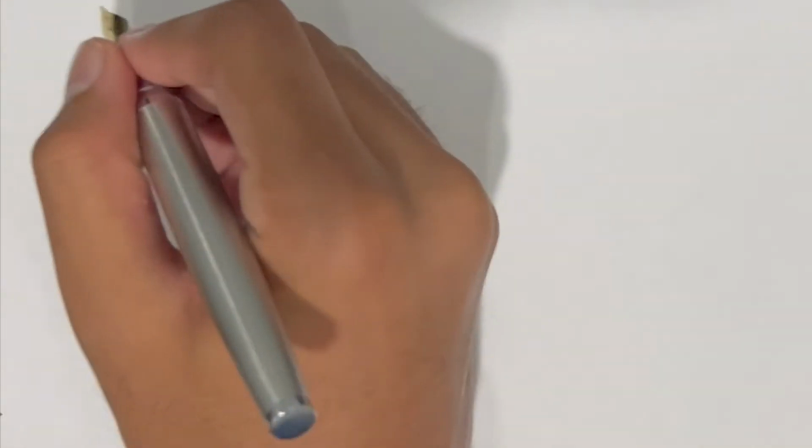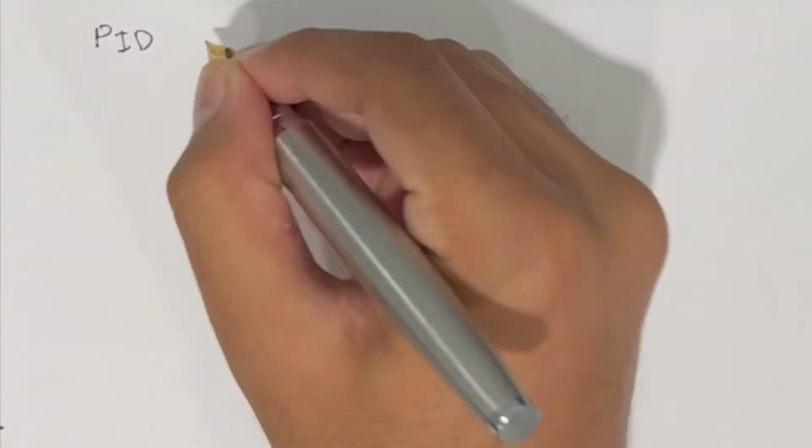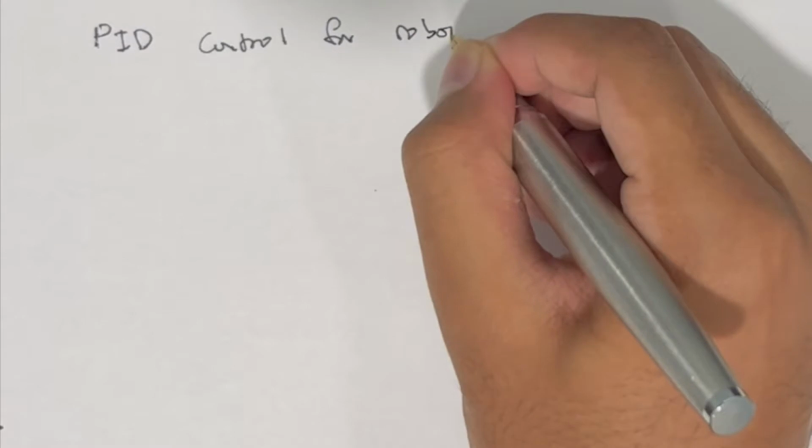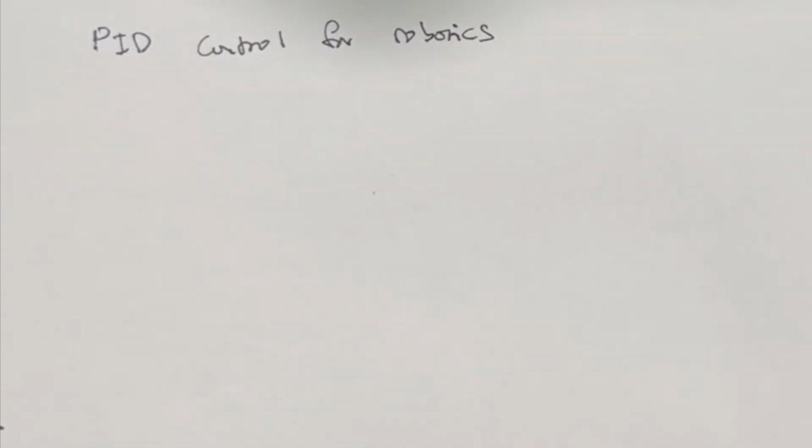In this video, I'm going to show you how you can use PID control for robotics. And most often this is applied for line following, but you can also use it for wall following or moving